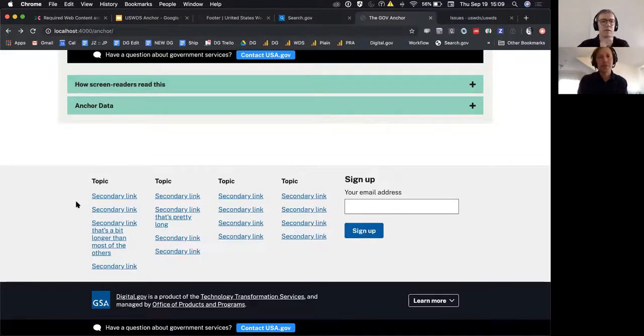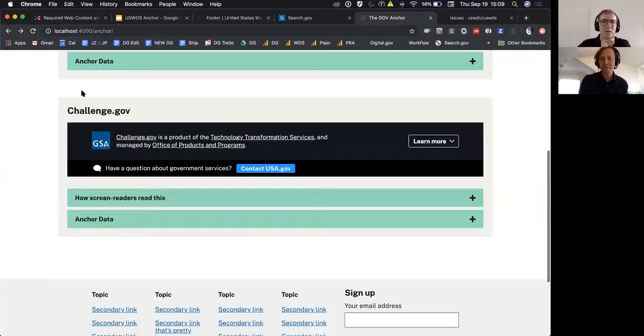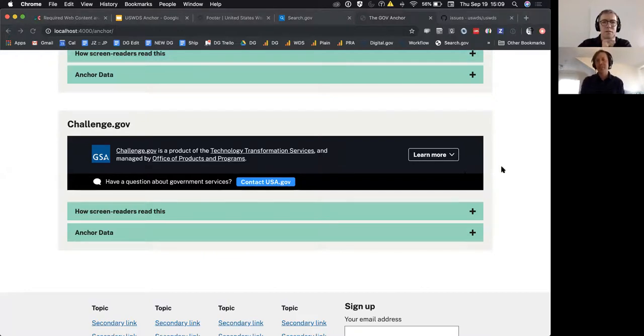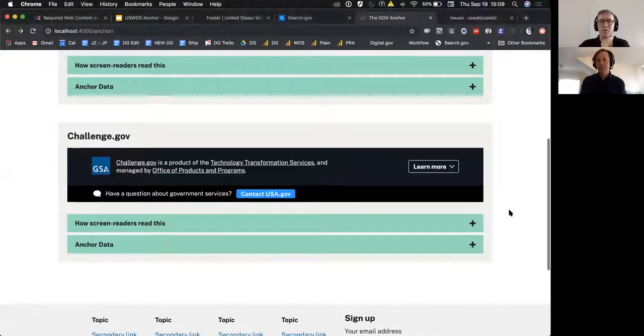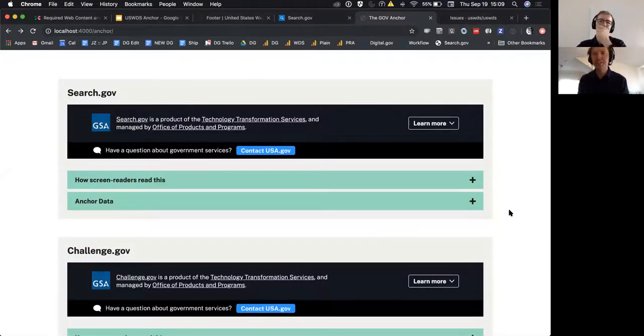And before we open this up for some more questions, I thought I'd talk about this a little bit more from the design system perspective, maybe give you and I an opportunity to talk about what potential next steps might be here. But when this work first came to my attention, I was super excited about it for a couple reasons. One of the design principles of the US Web Design System is to make it easy to do the right thing,